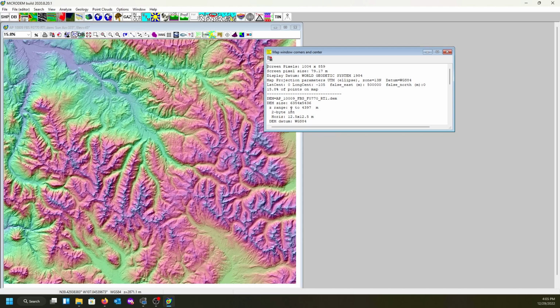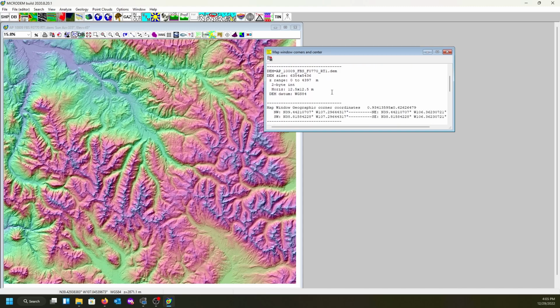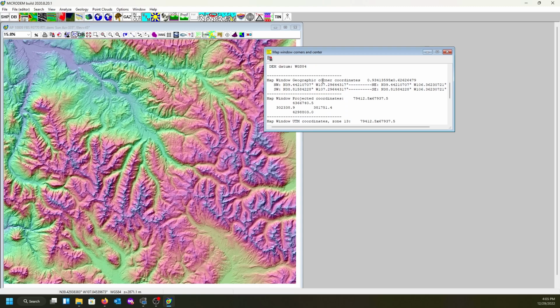Our Z range, it says, is from 0 to 4,397 meters, which I find interesting that it's at 0. But anyway, right here, our horizon. So this is our pixel size, our 12.5 by 12.5 meter. Okay. So yeah, and we can tell that the screen size right now, this is the number of pixel size. But this is what we're going to use next. Okay, this area right here, we're going to go ahead and use that with that website